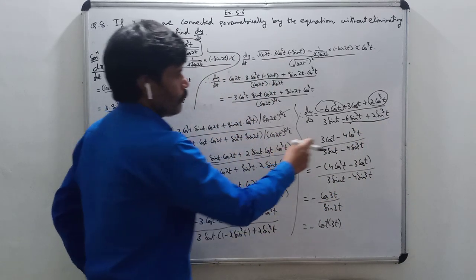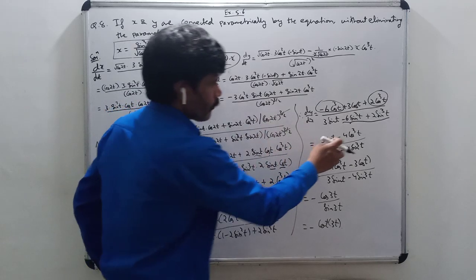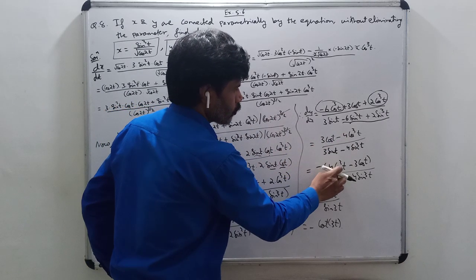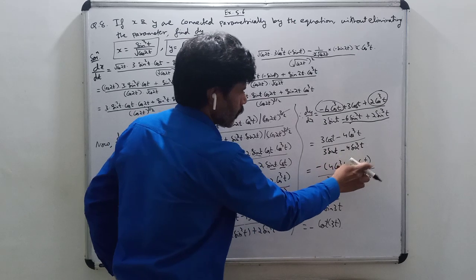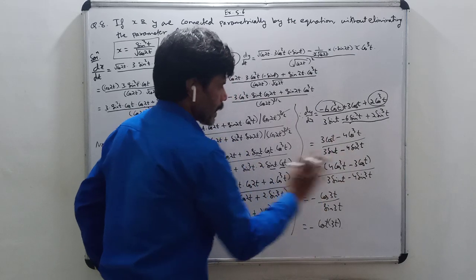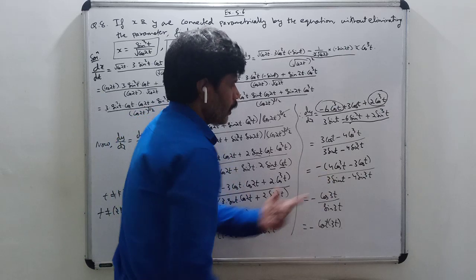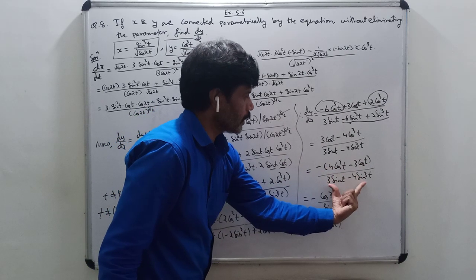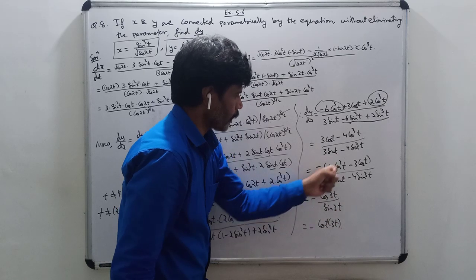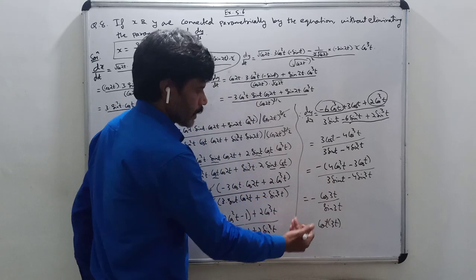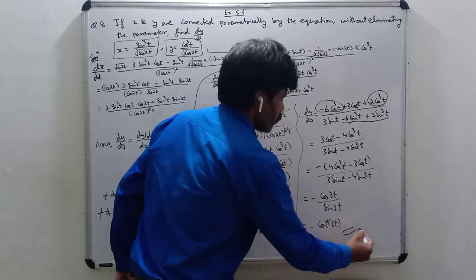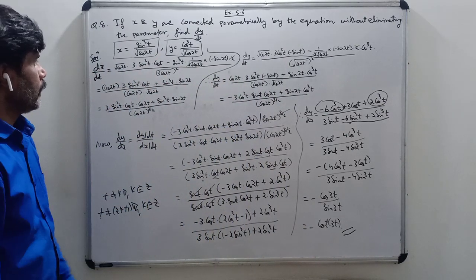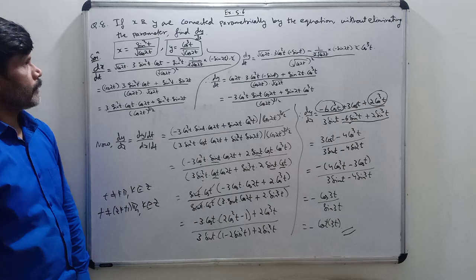Now again, in the numerator I am taking minus common. So when we take minus common in the numerator, the negative sign will become positive. So 4 cos cube t, and this will become minus 3 cos t, whole divided by the denominator as it is. Now minus as it is, this is nothing but the formula of cos 3t, and this is nothing but the formula of sin 3t. So we have cos 3t upon sin 3t, that is nothing but minus cot 3t. So this is the dy by dx of these two parametric equations, or we can say parametric functions.